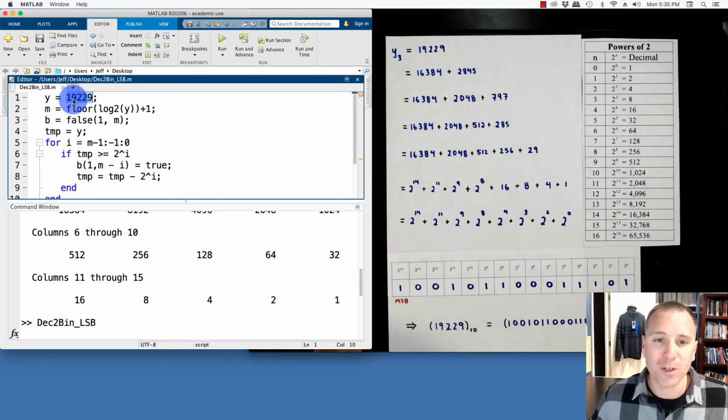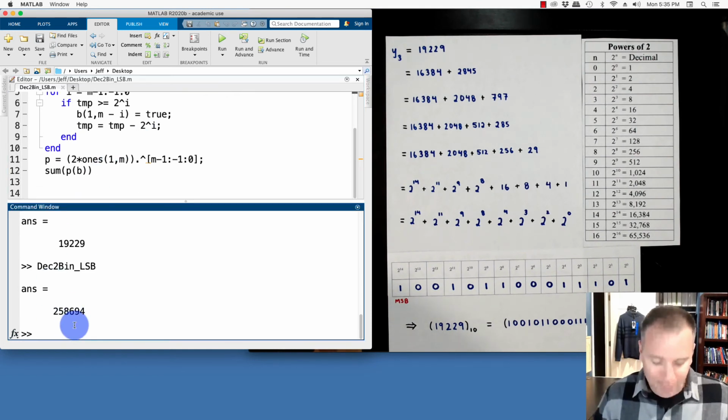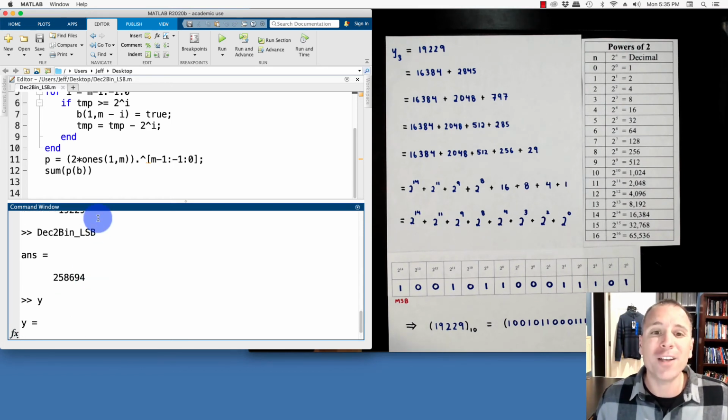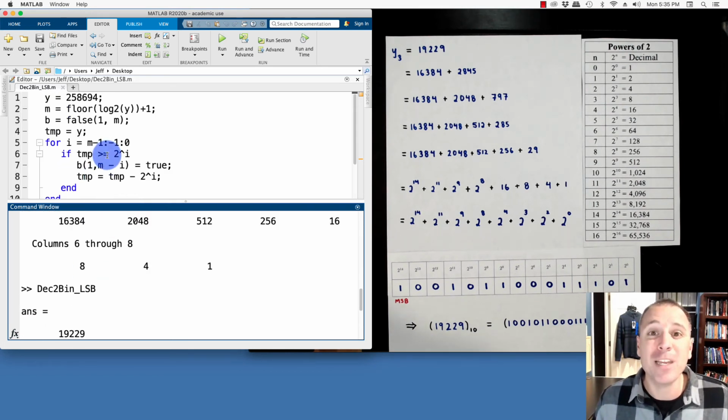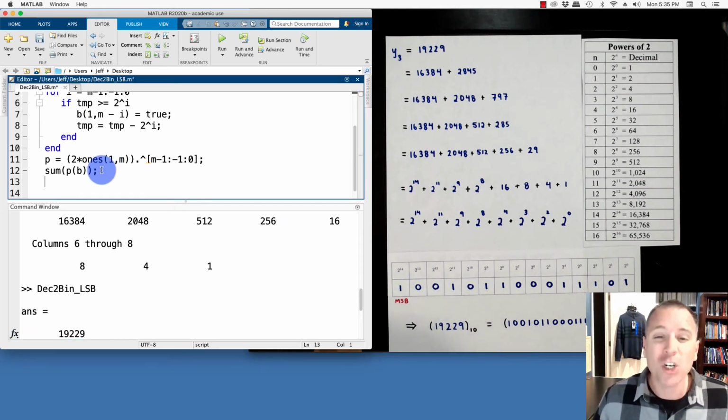Let's say that I wanted to do something crazy like 25 and then run that thing. Well, we see that the number that I have in my check corresponds with my original value, but we might actually want to use MATLAB's dec2bin function as a good check for our own algorithm. In this situation, I'm going to show you something that's a little bit more advanced than for beginning students. We have not talked a lot about character data, but this would be a way to achieve a comparable output to the dec2bin function.